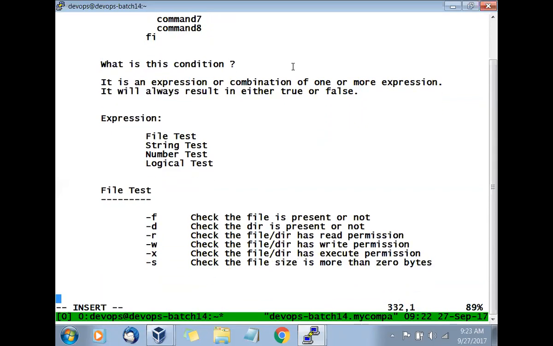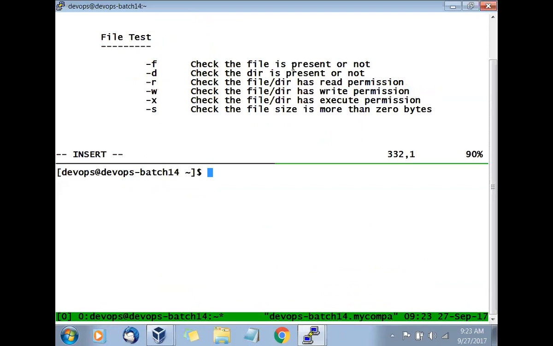So you can use various combinations. You can use all these tests to perform the test there. Let me do something here.